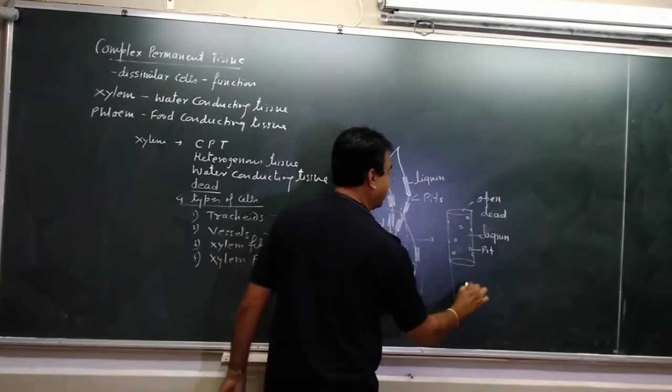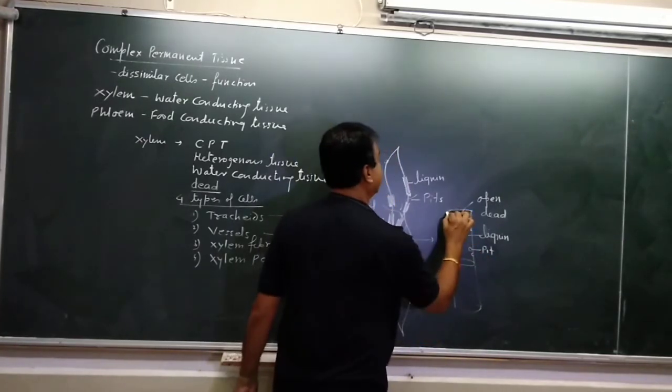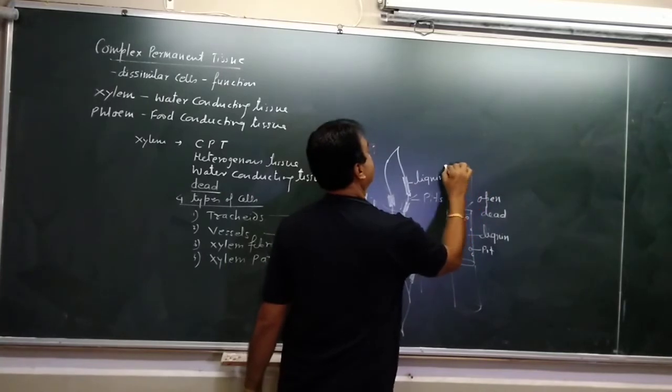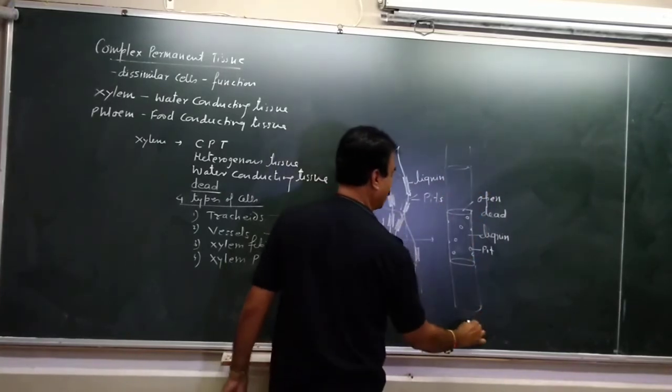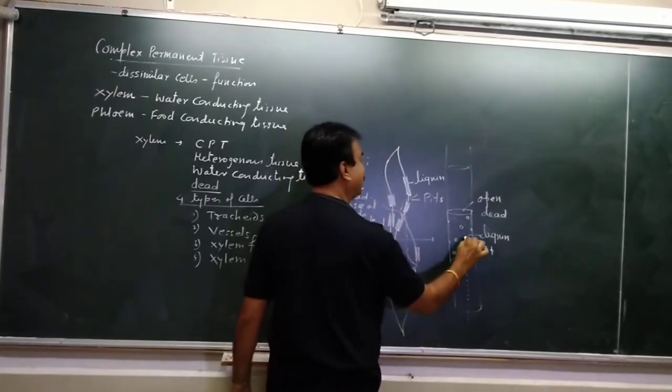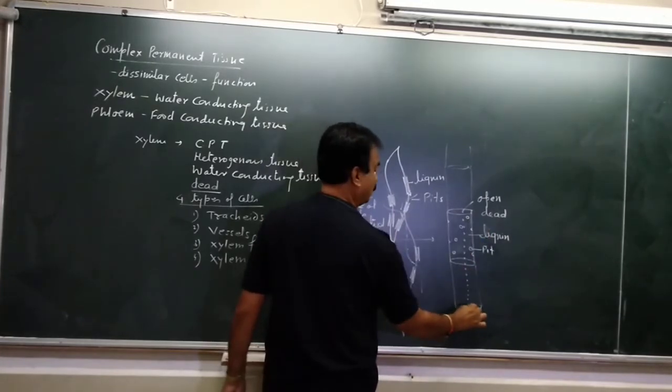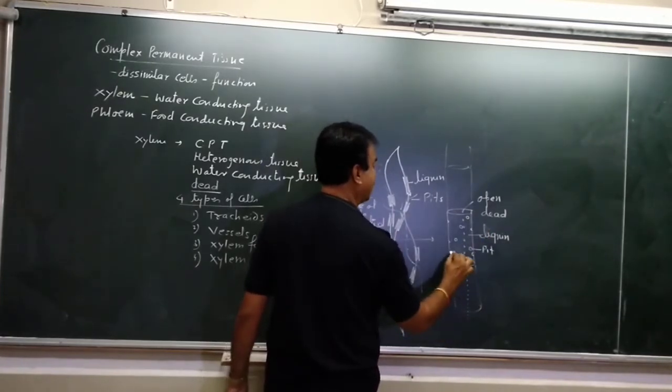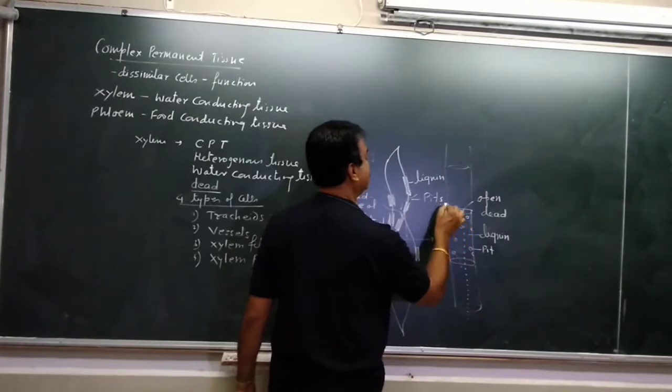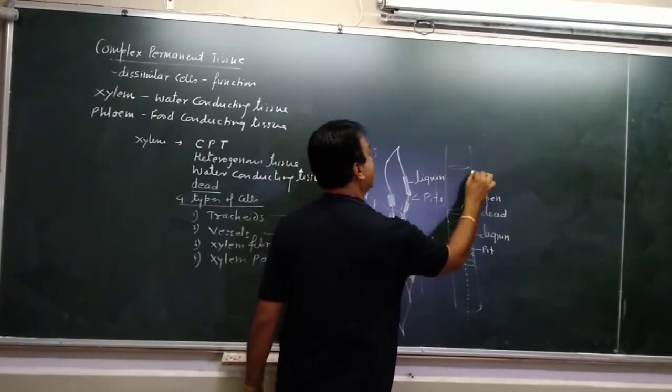One vessel is connected to the second, the second is connected to the third, the third is connected to the fourth, and thus the water column goes up, either through the openings of the vessel cells as well as through these holes to the adjacent vessels, and this way.